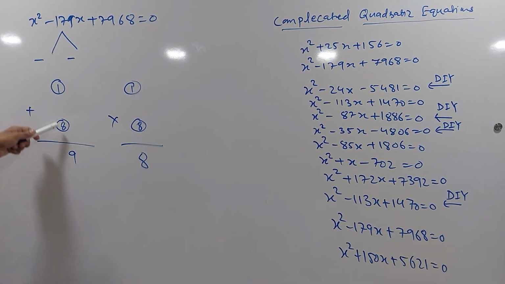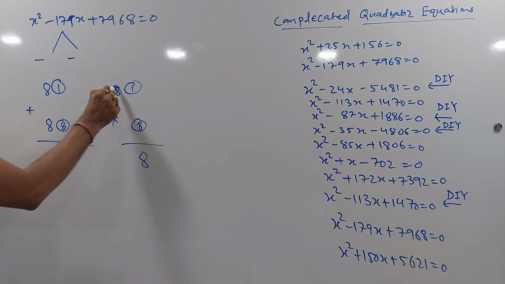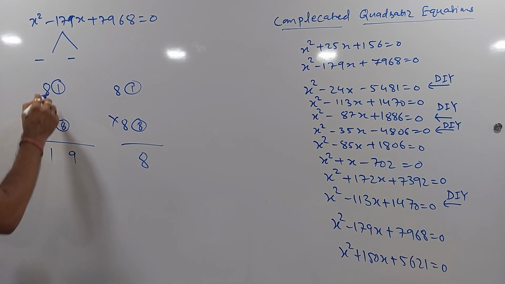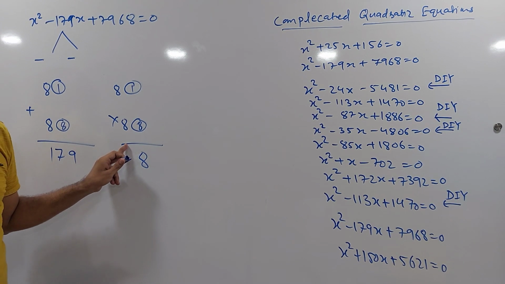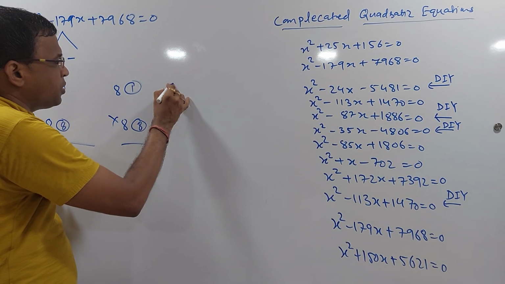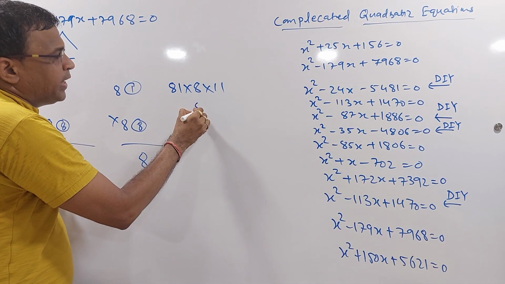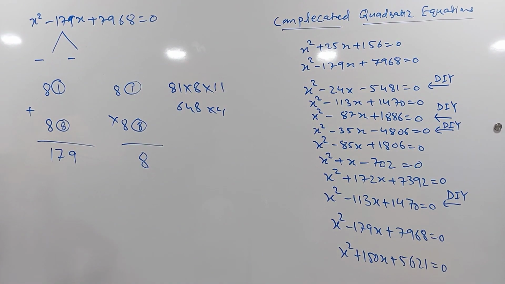And I already got this too. Can I check for this? It's just a guess. So if you know, 81 plus 98, what is it? See, 179. And check for this product. It's not a big deal. If you know Vedic maths, you can do it. Let me just try the Vedic math trick to get the answer for this. It will be like this. So it's 8, and then 64 and 11. Yeah, it's there.